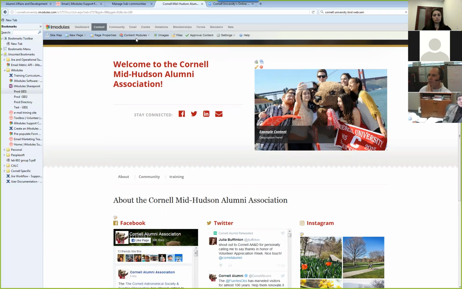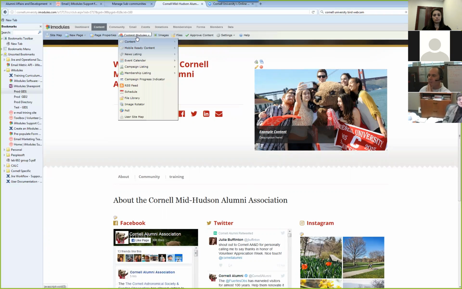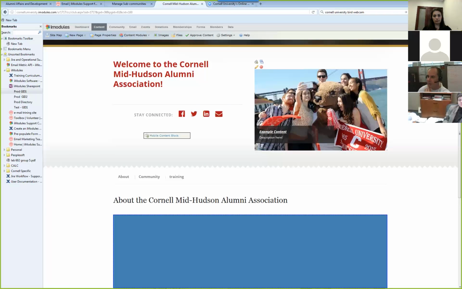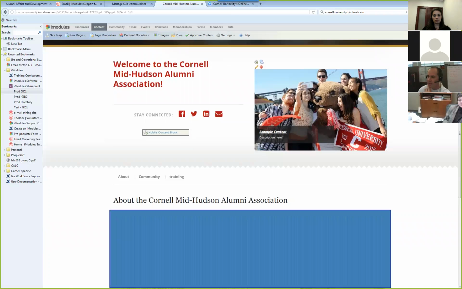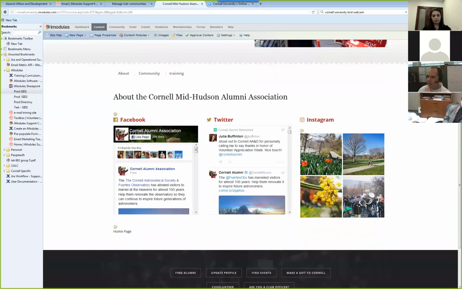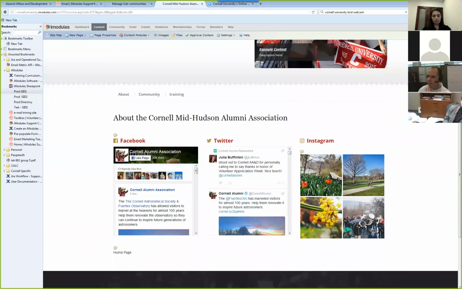All I have to do is go over this little section here called Content Modules, and this allows me to drop down a block. We always want to do mobile ready. Think about it as more and more of our websites have to become mobile friendly. And if we select mobile ready content and we drag it down, these little blocks appear just like that. And what it's going to do in a split second is, oh, it put it down below. I hate when that happens.